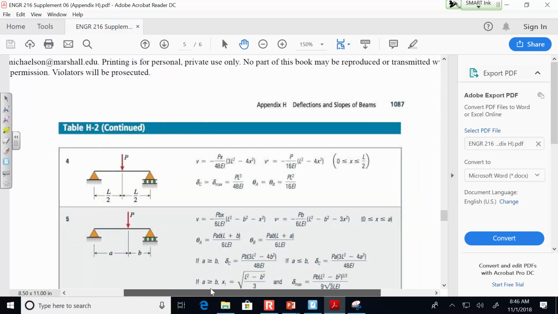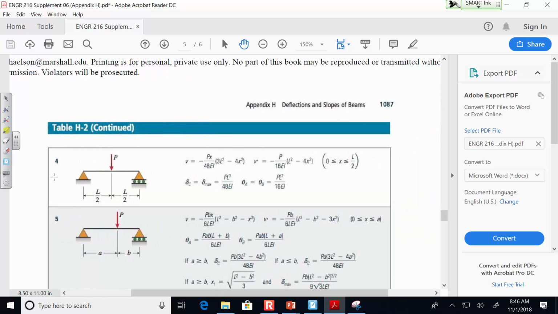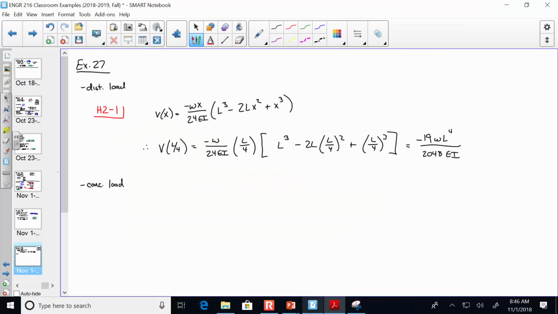Looks like this is my case right here, H2-4, right? Simply supported beam, point load. I can't use this or this because that's the deflection at midspan. This is the rotations at the end. Do I use V or V prime? I use V, right, because I'm looking at deflections. So let's see. That ends up being